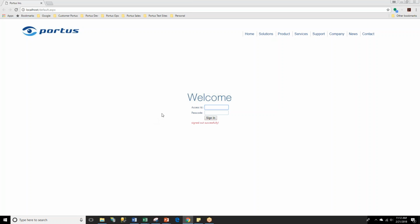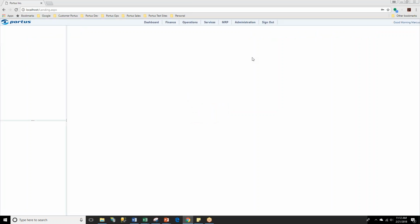your network. So the only way that you can actually get to this screen is if you're inside the network because you're on the premises, or if you have VPN services because you VPN from your home or from some kind of a remote location. Once we set it up, there's going to be some kind of address that terminates to this page. Your administrator will give you this address. You only need to remember it once because we know in browsers we can just bookmark it and get to this page. Once you get to this page, you will input a Portus user ID and password, and that'll get